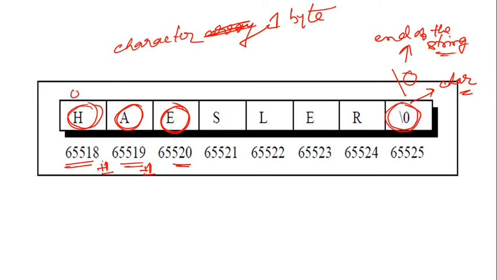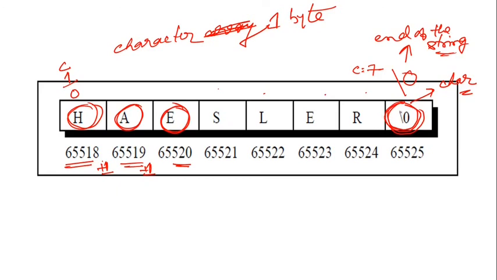If you initialize the counter value as 1, then it goes 1, 2, 3, 4, 5, 6, 7, and at the 8th position it will come out of the loop if you are using a while loop. It will say that this is the end of the string, and this is the length of the string. So this is one catch in strings: the last character will always be \0, remember that. This will help us to write programs.